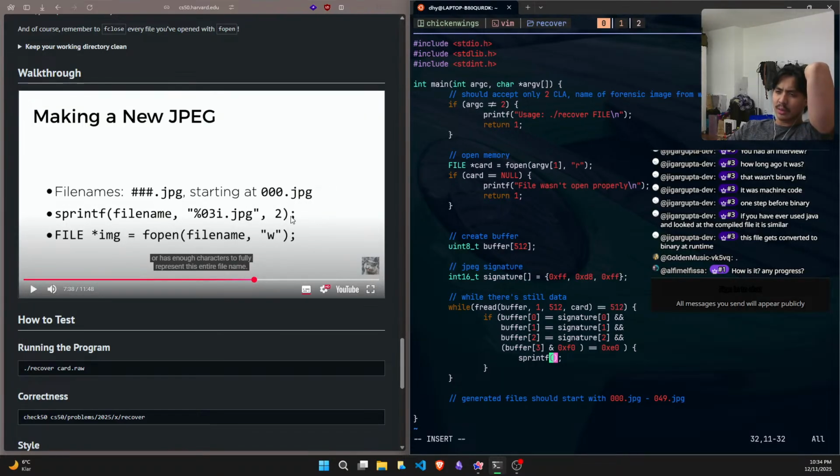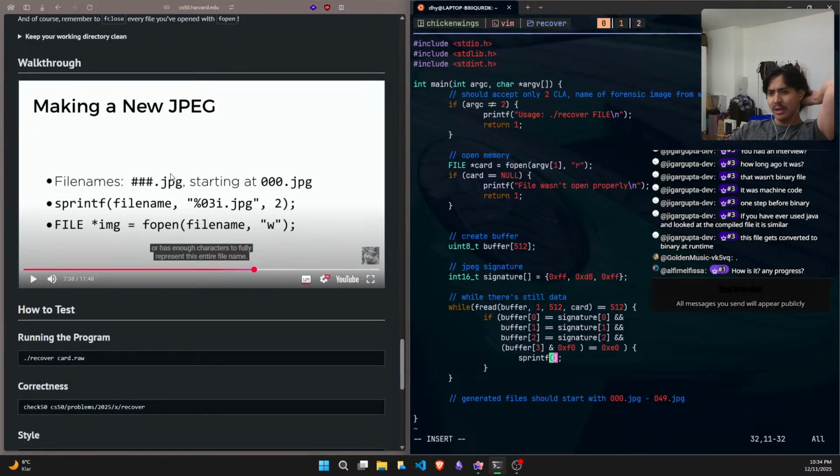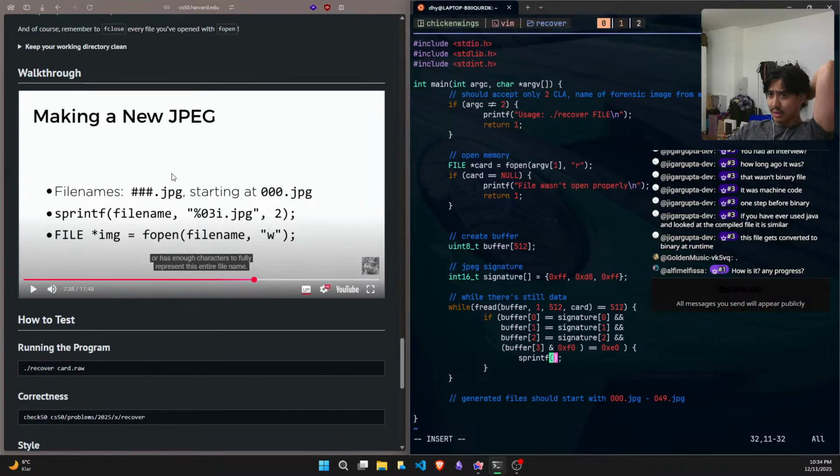Why does it? The example shows 2 and it becomes 002. Like what is that supposed to mean? Like in this case of file name, do we create like a new variable, or